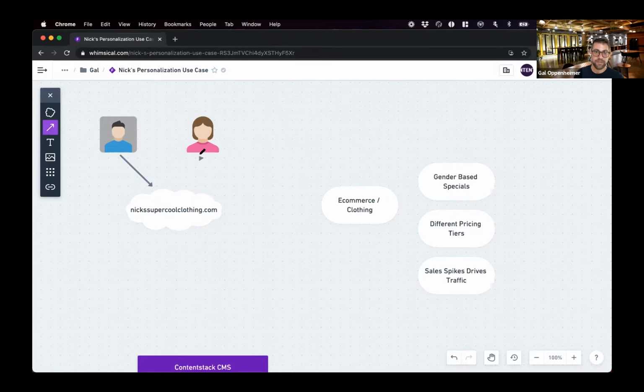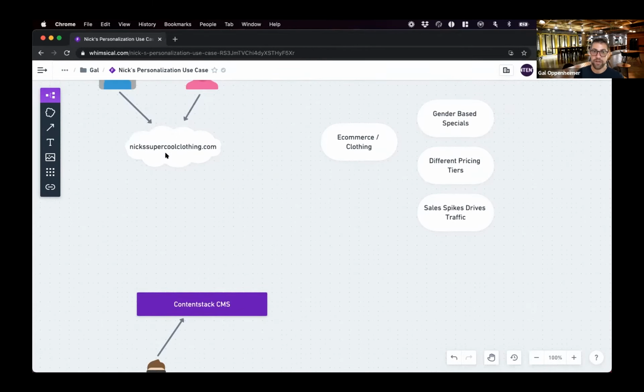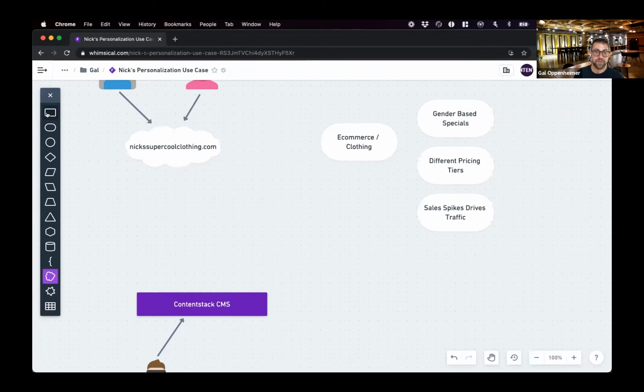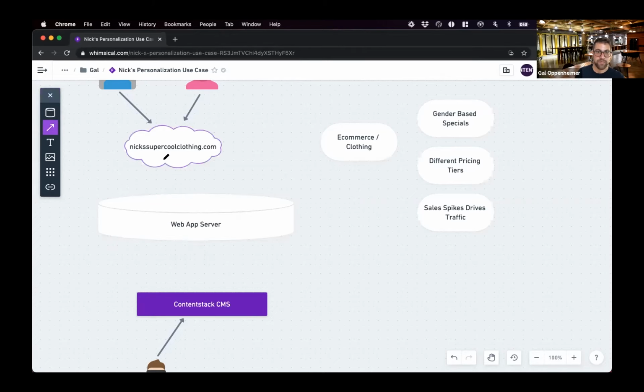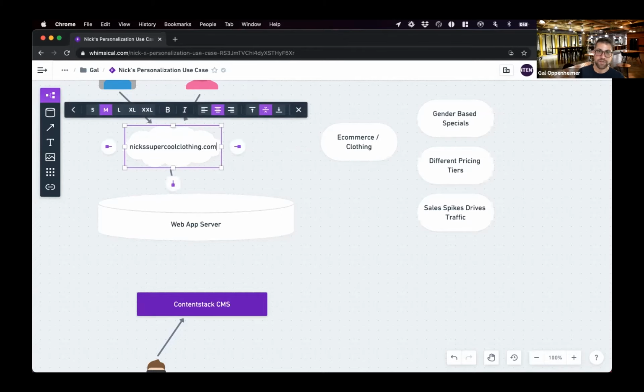And so as we know, Contentstack is a headless CMS. So we're not actually delivering this. So you're not going to go straight from here to here. There's a couple steps in the middle. So what you have is your application server in the middle. And this is going to be your web app server. When they come to the website, there'll probably be a CDN provider. So you might use something like Fastly, or you might use CloudFront. There's dozens out there. So we'll put CDN here in parentheses.